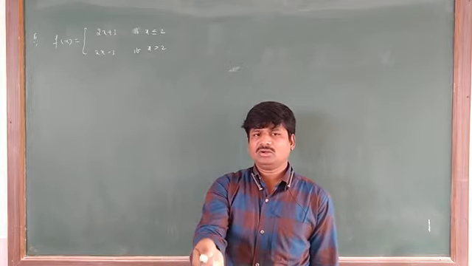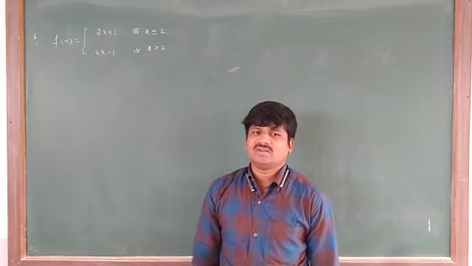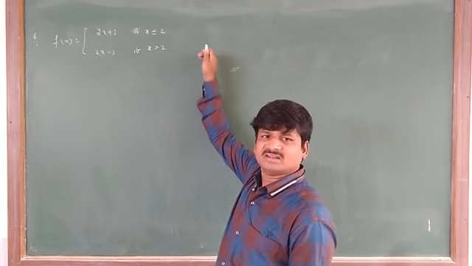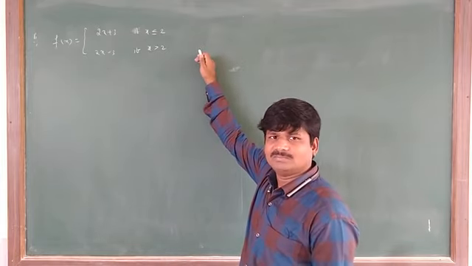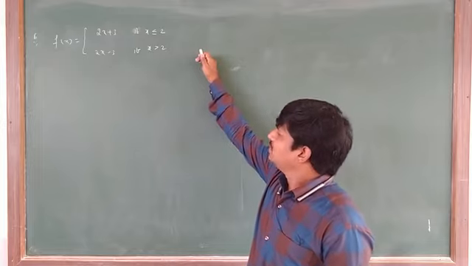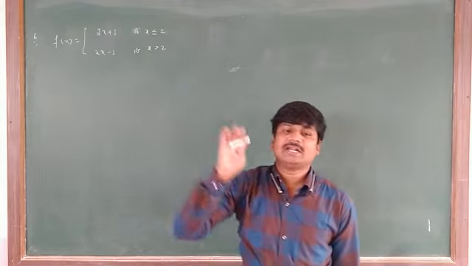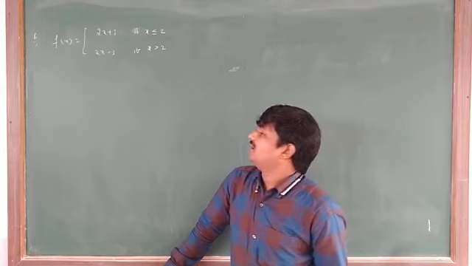Yet x equal to 0, x equal to 1, x equal to 2, like that, is it given or not? Are the x values given here? No. So what is it here? Check the discontinuity points of the given function.